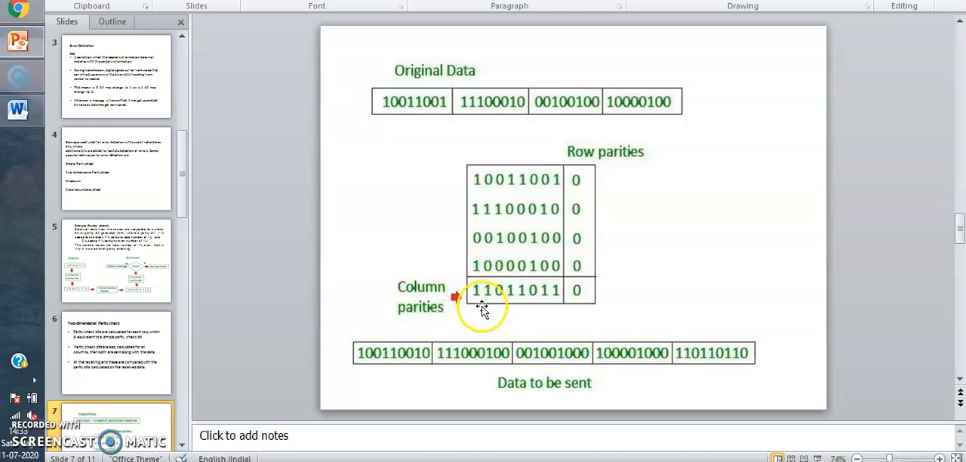So we are adding this. Likewise, we need to calculate the same for the total frame. This is the original data. After calculating, the data we got is 1 0 0 1 1 0 0 1 0. Here 1 and here 0. Likewise, we need to calculate the data to be sent. Next one,